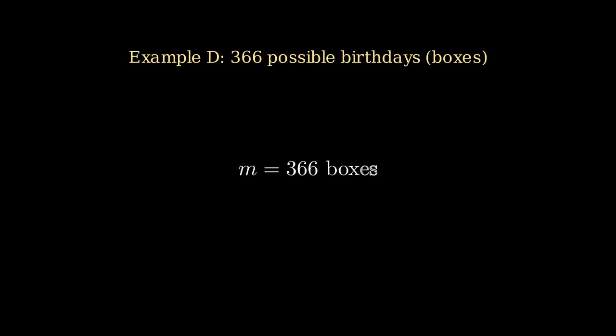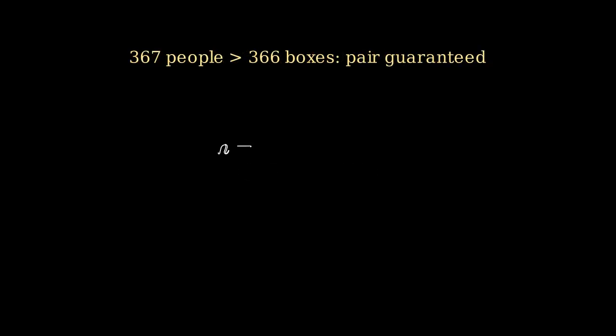Worked example D, the pigeonhole principle in action. Prove that among any 367 people, at least 2 must share the same birthday. First, there are 366 possible birthdays in total, our boxes, including February 29th for leap years. Next, we have 367 people, but only 366 possible birthday boxes to place them into, and 367 is strictly greater